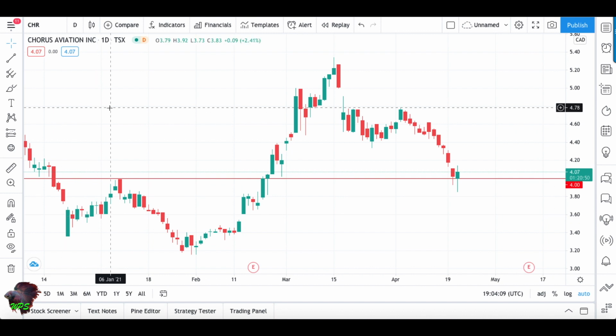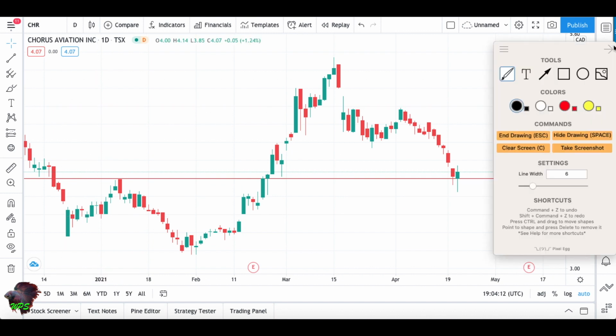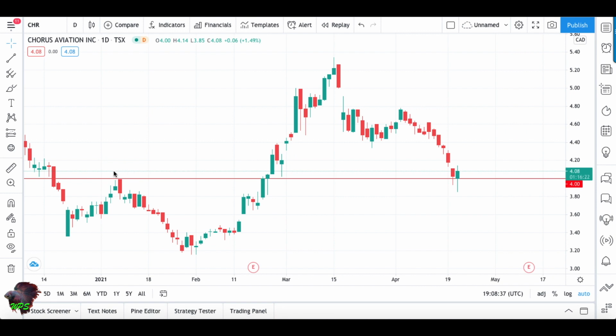So we can see on the daily chart that what the market did here is basically this. We can see this red line that comes from a weekly chart that we pulled just because the market stalled at that area from before. We can see a clear rejection here of this area before, and then rejection here, and then rejection as well over here. We can see the market came all the way to this line, which was, by the way, again marked on a weekly chart, and then after the breakout we had a clear rejection of this support